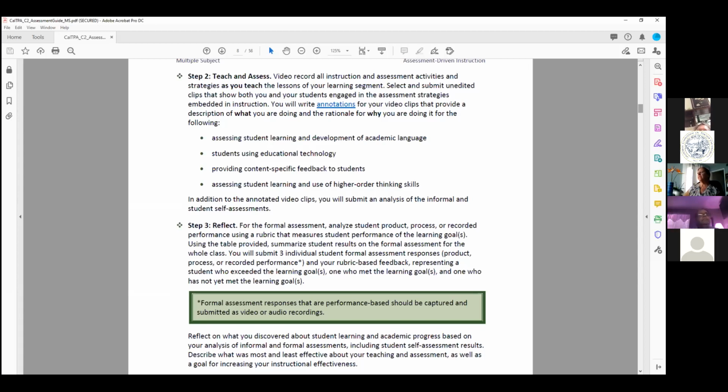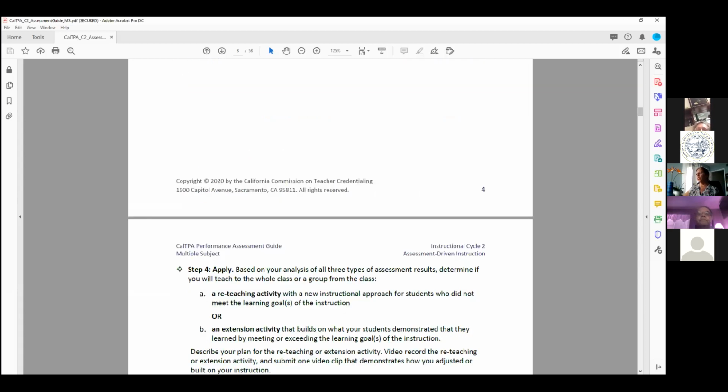And then we get into step 3, reflect. In step 3, the candidates are going to take a close look at that formal assessment set of results, also think about their informal assessments and their student self-assessment. And then coming into step 4, they will determine whether they are going to reteach a lesson